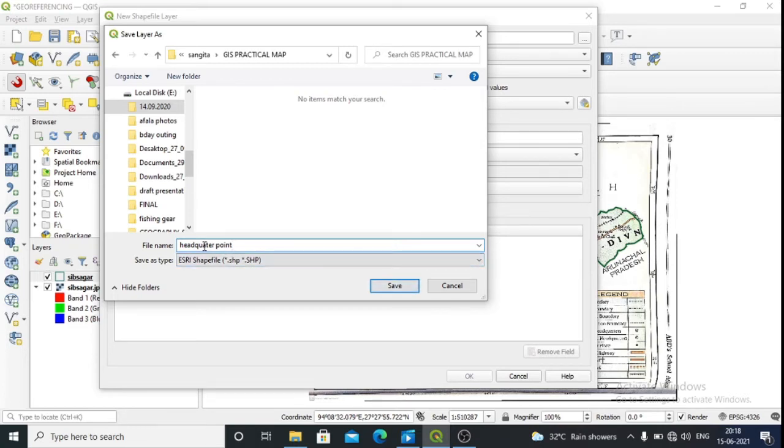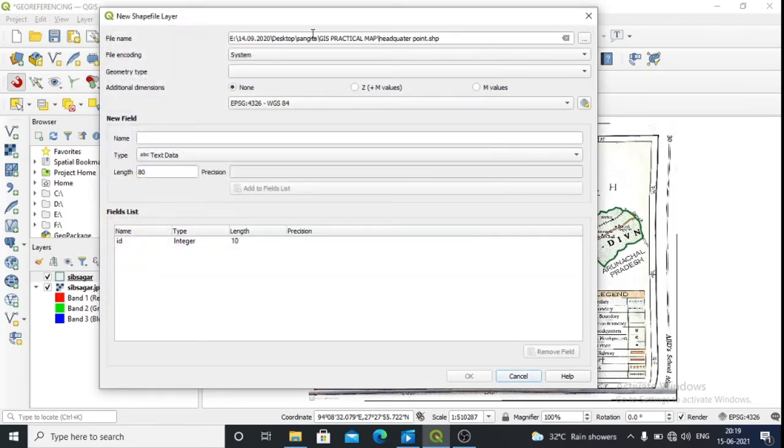So etu tumalage ki koriba, ami point feature jehetu korisu, ki point dekhaisa, tumalage headquarter ko locate koribo bisarisa. So the headquarters represented with the help of point feature. So we are given the name as headquarter point according to your convenience. So tumalako understanding of video ba tumalage short form of video jetia tumalage dekhile gom paba. Okay, this belongs to this particular work. So henege hisabe tumalage file bu save koriba.